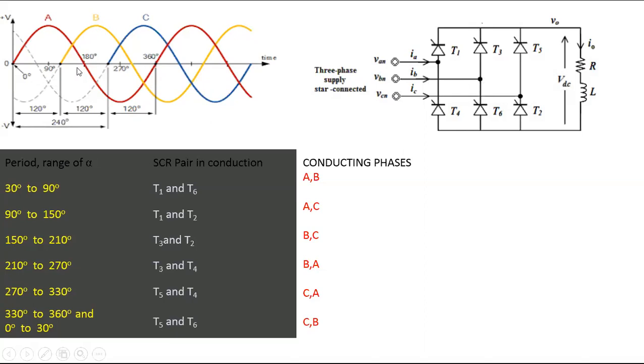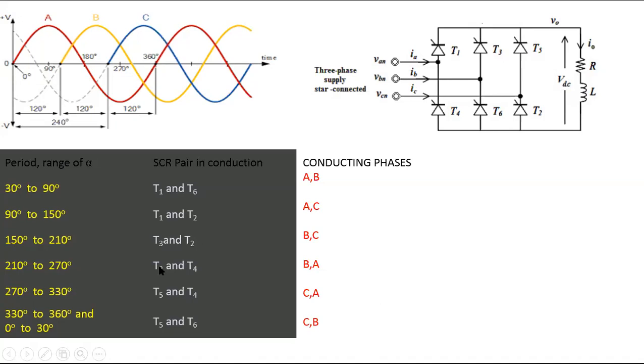That is, below the x-axis, same region, 150 to 210. Let us see the downward. Which one is occupying maximum portion? A is not present. Very good. Answer is C. Once again, C is occupying maximum portion. Yes or no? From 150 to 210, you can see these dotted lines. C is in the negative half cycle, that is below the x-axis, and it is connected to T2. Therefore, once again we get T2. So current flows from B to T3, T3 to load, and from load to T2, T2 to C.